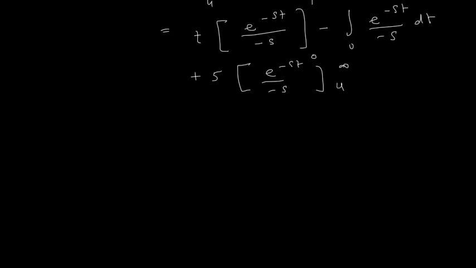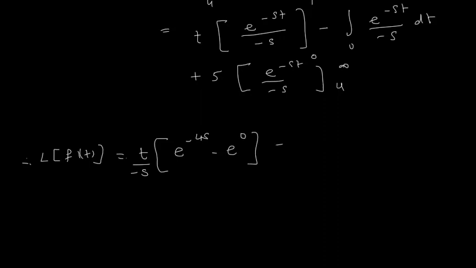Now this is equal to, let us write, therefore, Laplace of f of t. I have a lot of space here. It is equal to t into, now I will use the upper limit and lower limit, so t upon minus s, let us write this outside, t upon minus s, here it is e raised to minus 4s minus e raised to 0, then minus, plus I will write, 1 upon s is outside, then